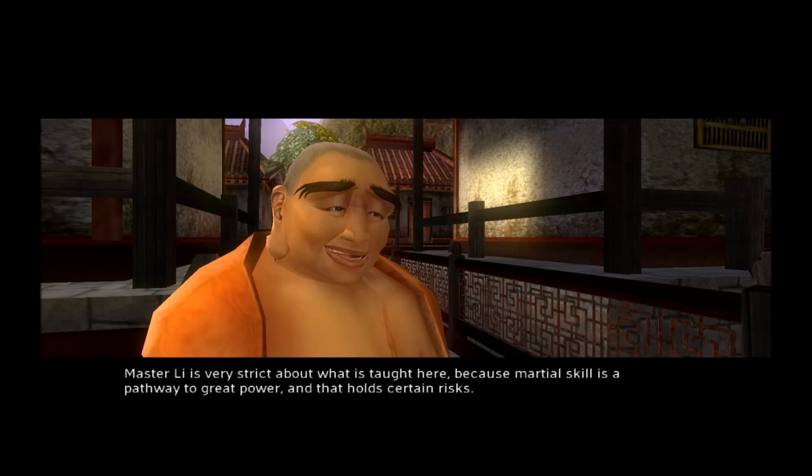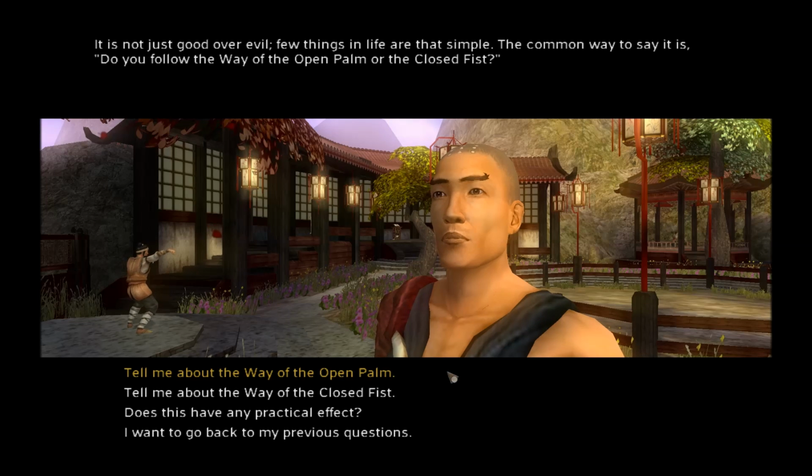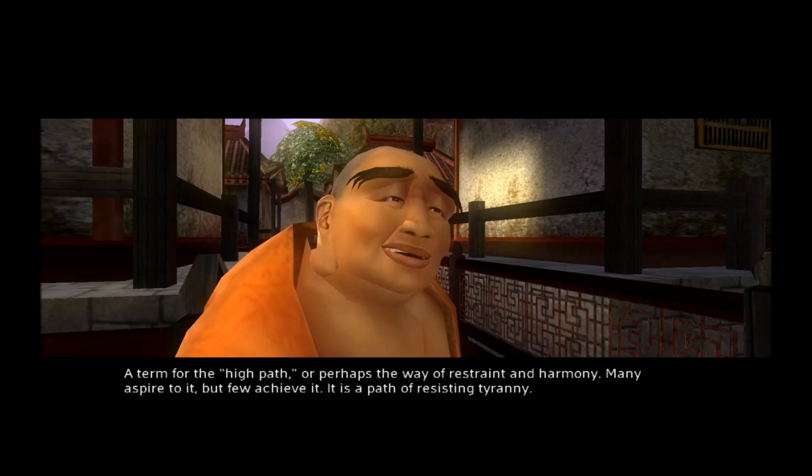Master Li is very strict about what is taught here, because martial skill is a pathway to great power, and that holds certain risks. It is not just good over evil. Few things in life are that simple. The common way to say it is, do you follow the way of the open palm or the closed fist? A term for the high path, or perhaps the holy way,